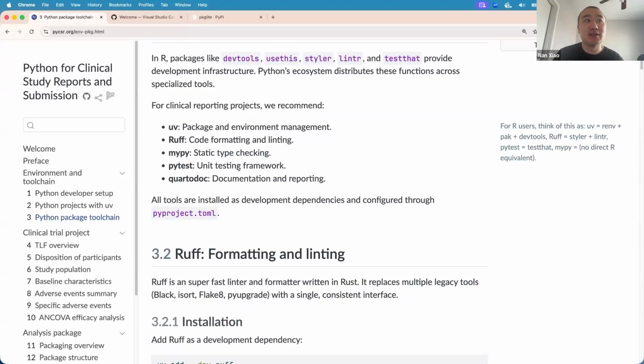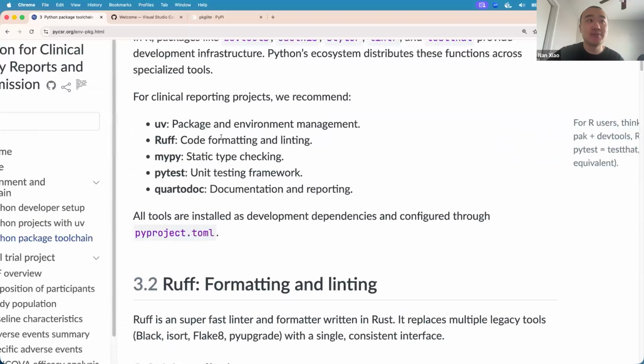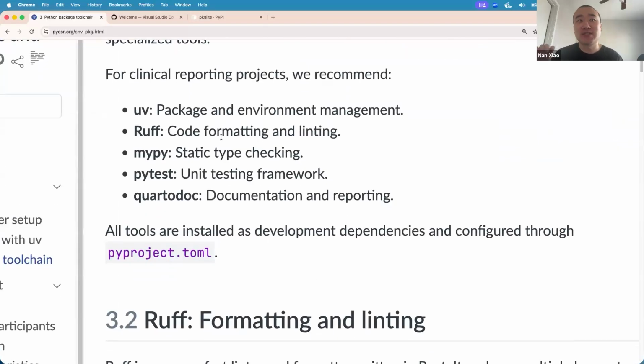So I would say obviously use uv for package environment management, use ruff for code formatting and linting, use mypy for static type checking if you do have type annotations for your Python packages, and pytest for unit testing, obviously. I would say pytest is basically kind of the testthat for Python.